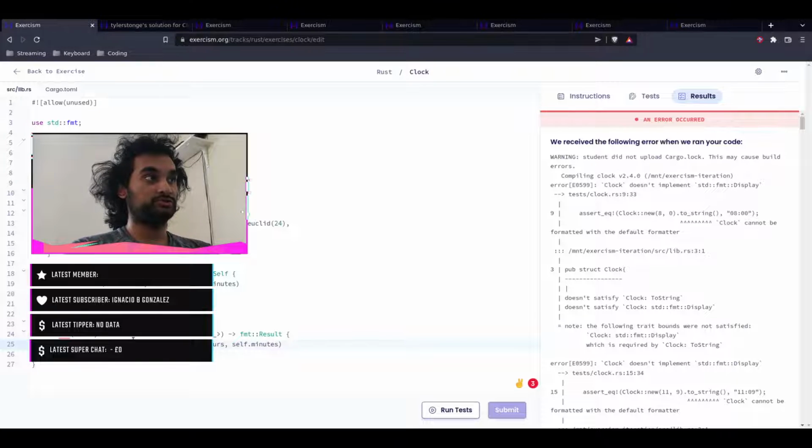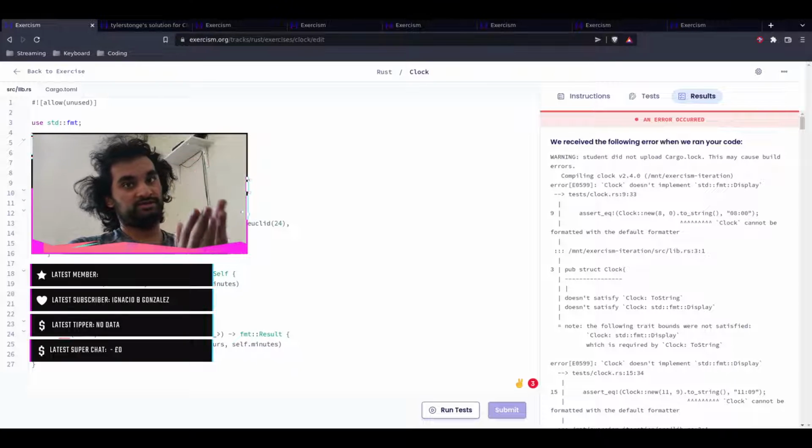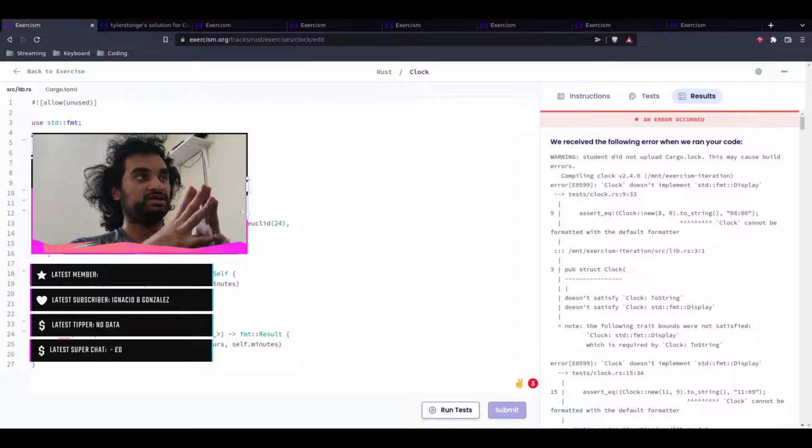All this is doing is formatting the clock in a way where you have two string interpolations which are similar. You're saying that you want to have two digits, and if a number is not present, so say for example you have an 8, replace just the 8 with 08. So you start with a 0, end with the 8. If there's two digits, like 12, it will just have 12 instead. And all you're passing is self.hours and self.minutes. So if I run this,